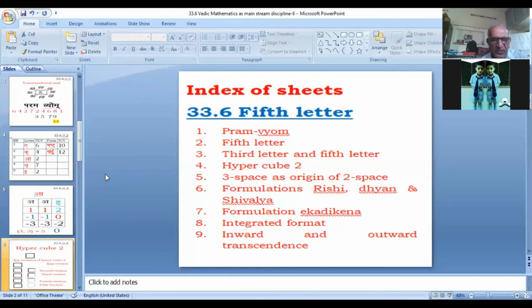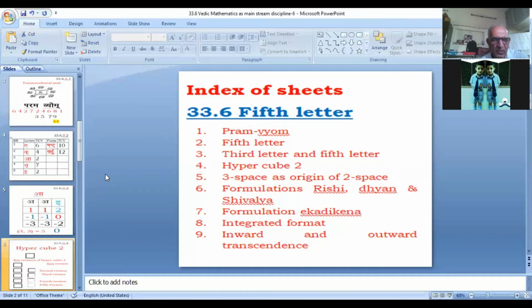The next feature will be of specific comparative formats of the third letter and the fifth letter, and this comparative formatting is there because both these letters have a common equal TC value